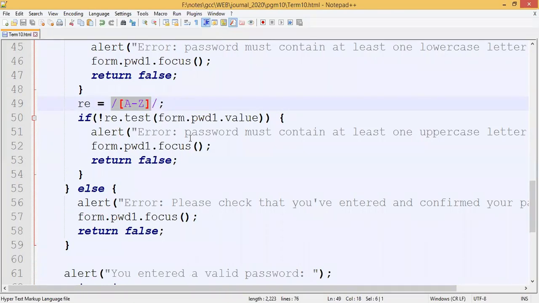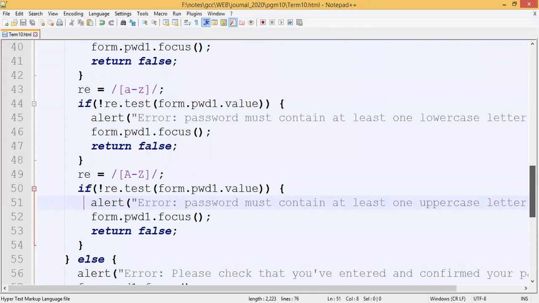So here we are again checking the value for the new password that is entered by the user, that it contains at least one uppercase character. If it does not contain, as now we have entered APARNZ and 1, so it is not containing any uppercase letter. So it will pop up this alert saying it should contain at least one uppercase letter.